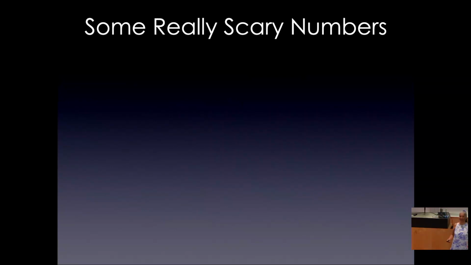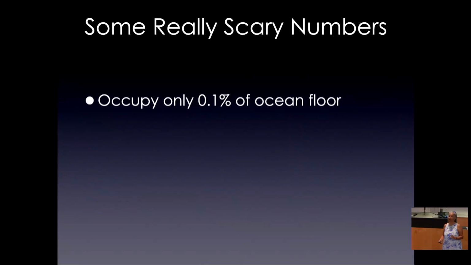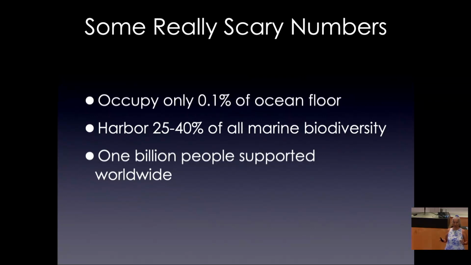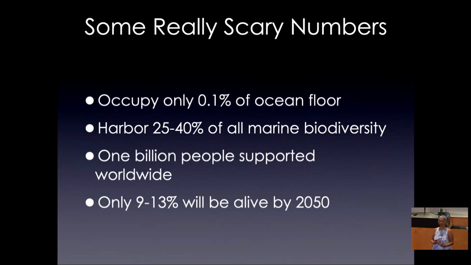But things are really dire, and I wanted to share some scary numbers, some of them outdated. They only occupy, and I hope they stay with you, because we need advocates everywhere, 0.1% of the ocean floor. They harbor, nonetheless, up to 40% of all marine biodiversity. About 1 billion people derive their livelihoods from coral reef ecosystems, and this is the number that is really worrisome,